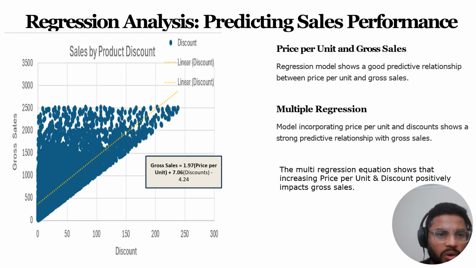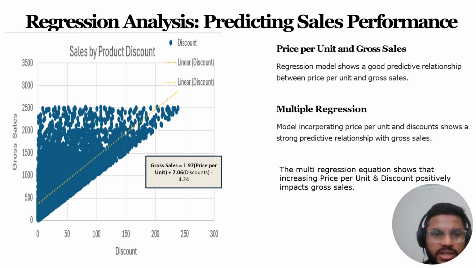We use a scatter plot with a yellow trend line, which is a positive linear trend line. It shows that as gross sales increased, discount had a very important role. And with the graph, you can see a table which shows the